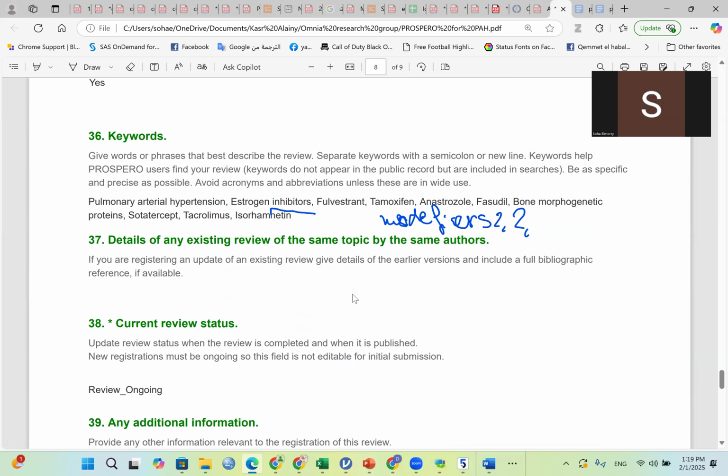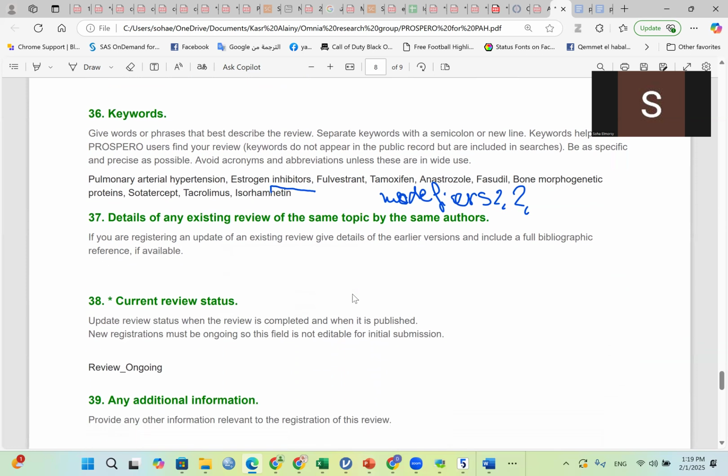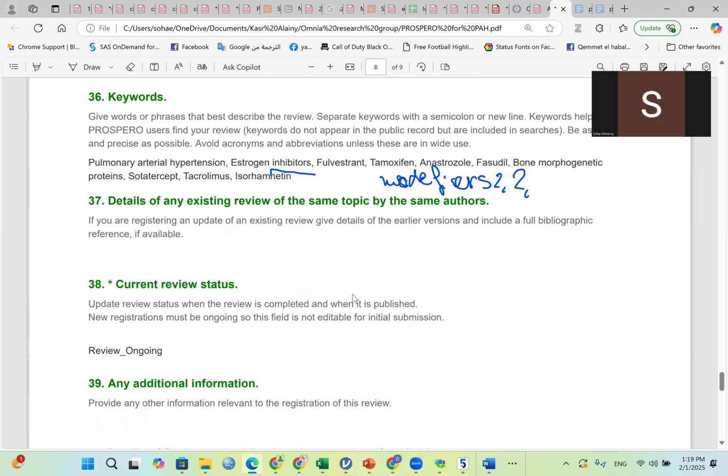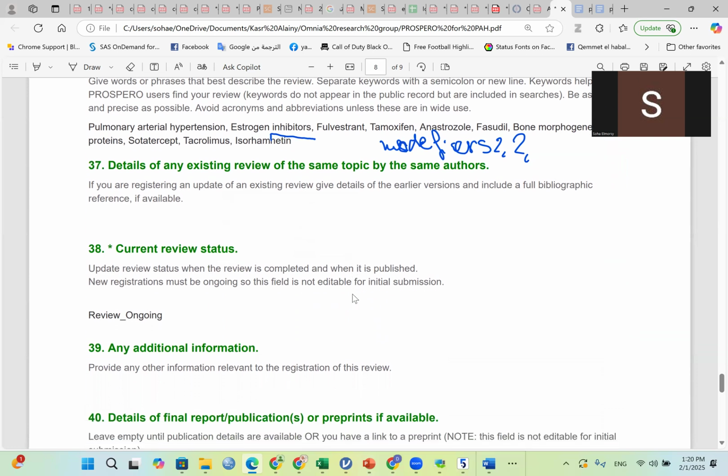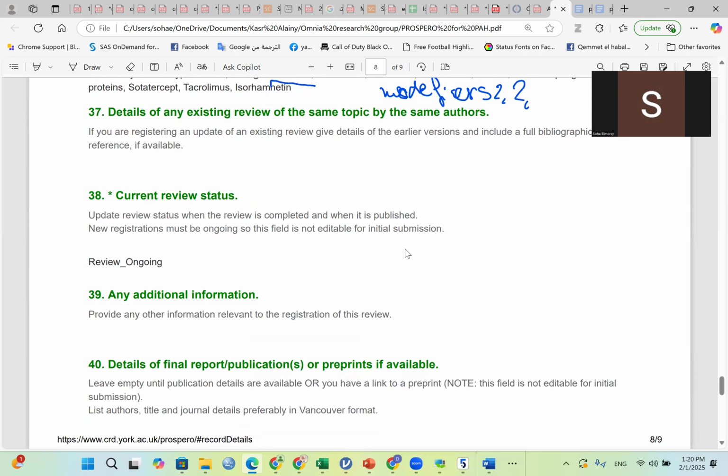or about this particular research question. Details of any existing review, if you know that there is an existing review but it's an old one, let's say it was performed 5 years back or it was performed 2 years ago. However, many clinical studies were performed after the publication of the last review, or you need to do it in a better methodological way or focusing on a slightly different question. So you can just let us know if there were similar reviews.